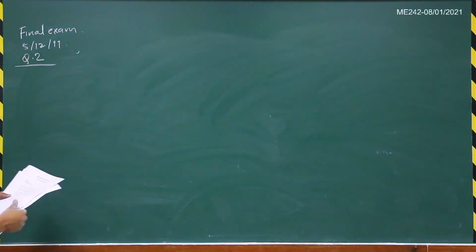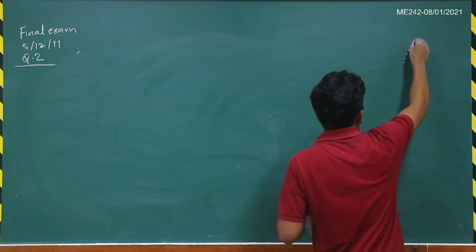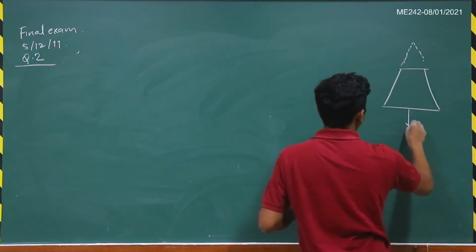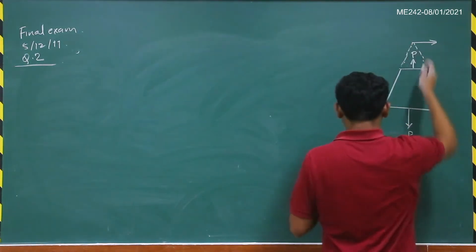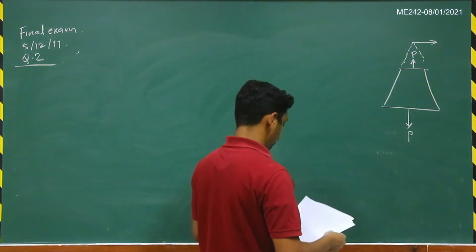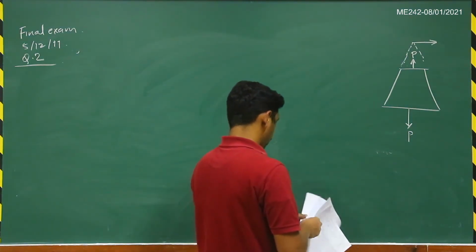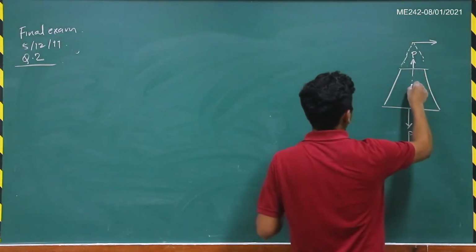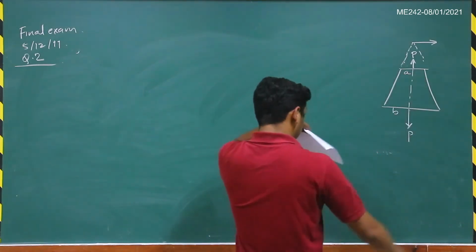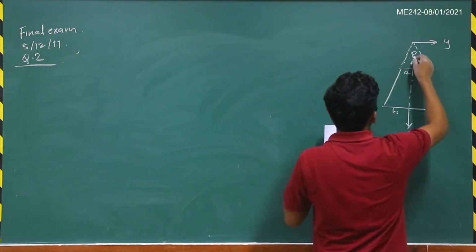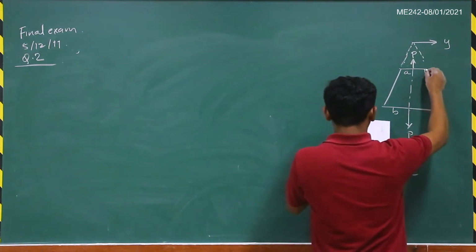This is question number 2. So we have a truncated wedge here. So we have the axial net load being applied on this truncated wedge, and the surfaces, this is A, this is B. The net axial force acting on this particular flat surface is P. So this is Y direction, this will be X direction, and these are traction free conditions.